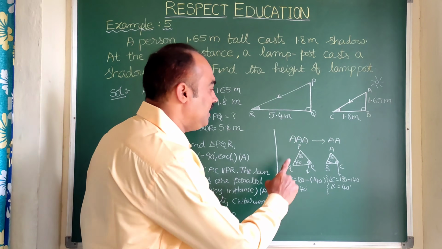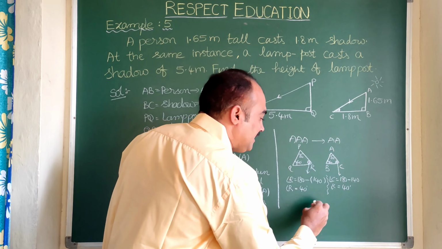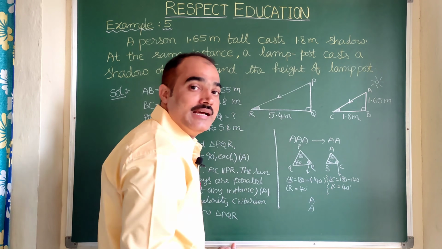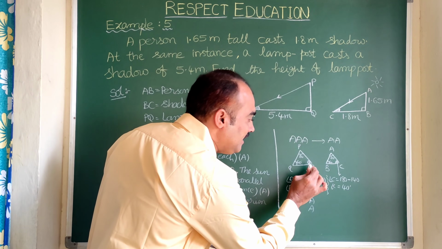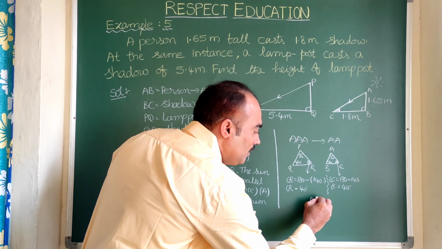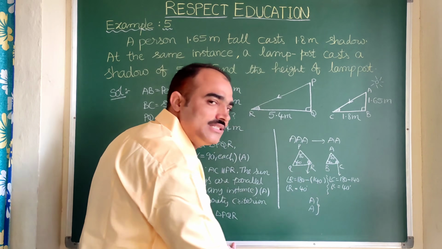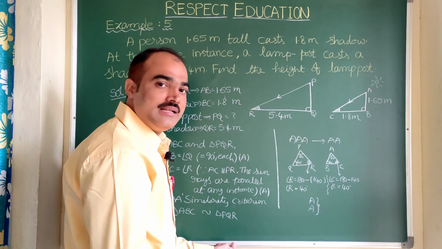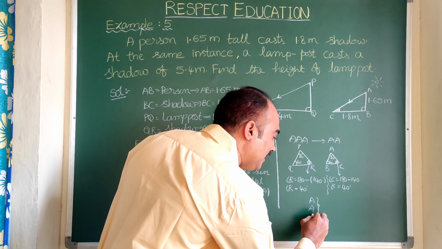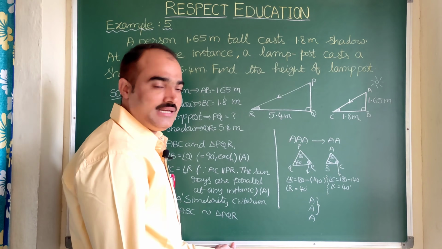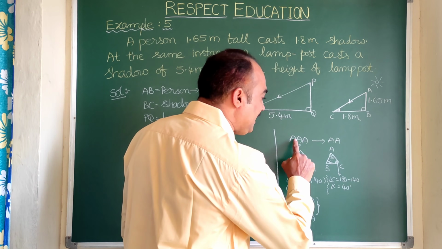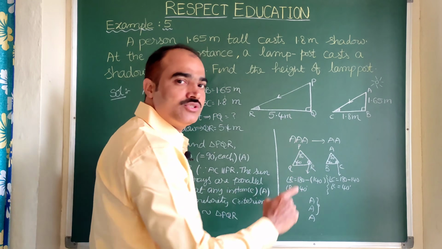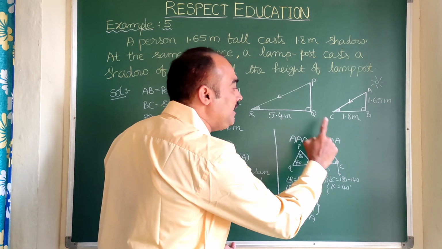That means here you observe angle P equal to angle A, that indicates one angle. Angle Q equal to angle B, that indicates another angle. Then ultimately we get angle R equal to angle C also. Whenever two corresponding angles of two triangles are equal, then ultimately the third angle also will be equal. Is it clear? That's why instead of saying AAA similarity criterion, we can say AA similarity criterion also. In that way, both of them indicate the same.